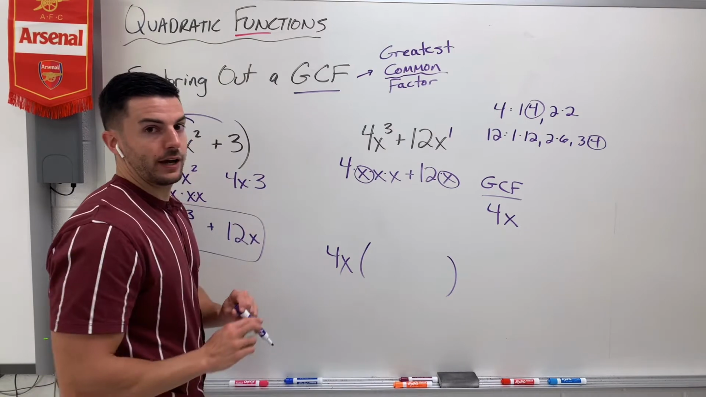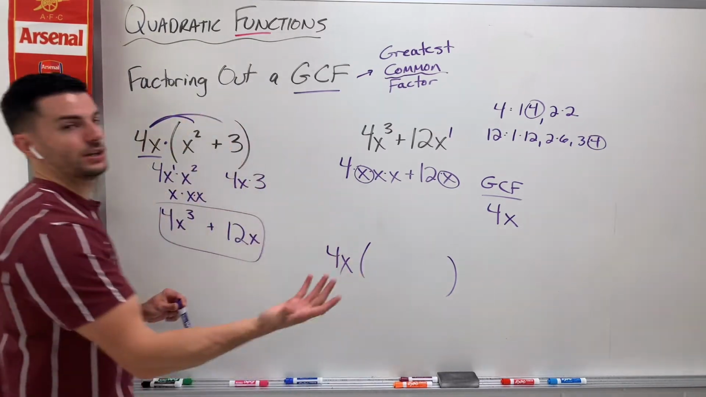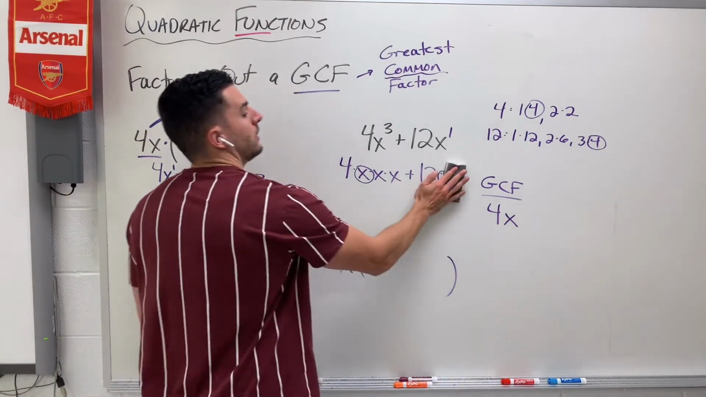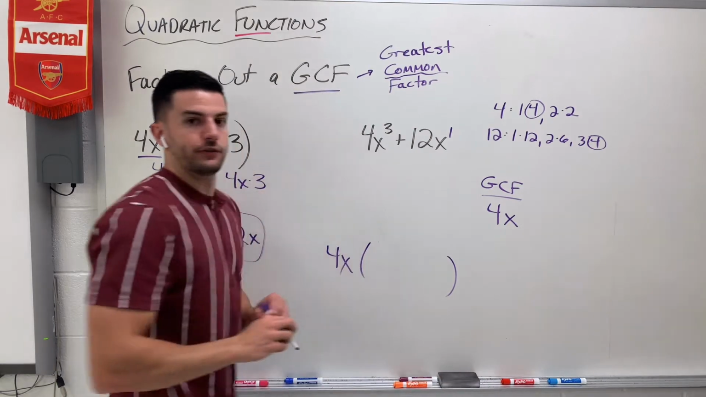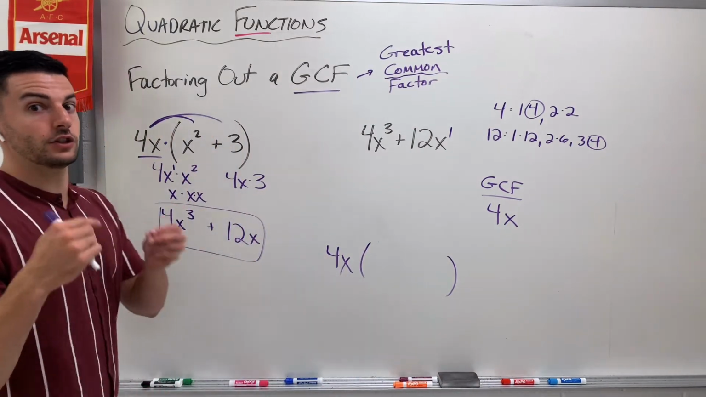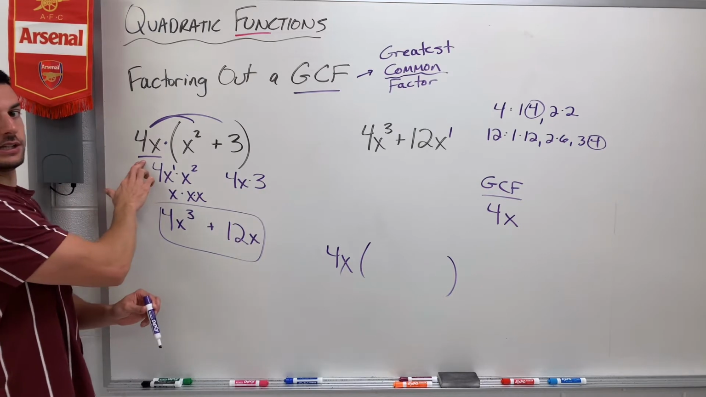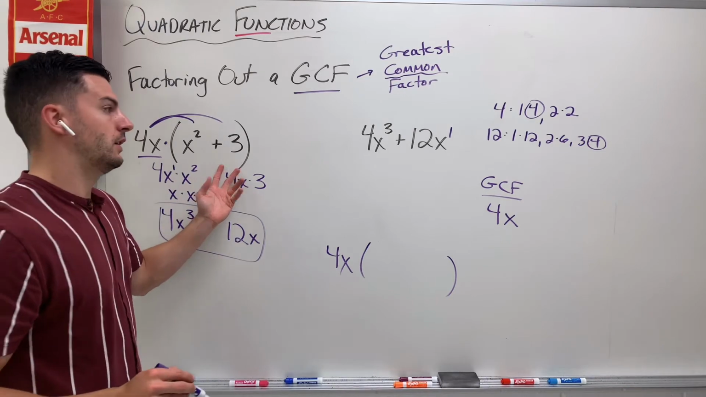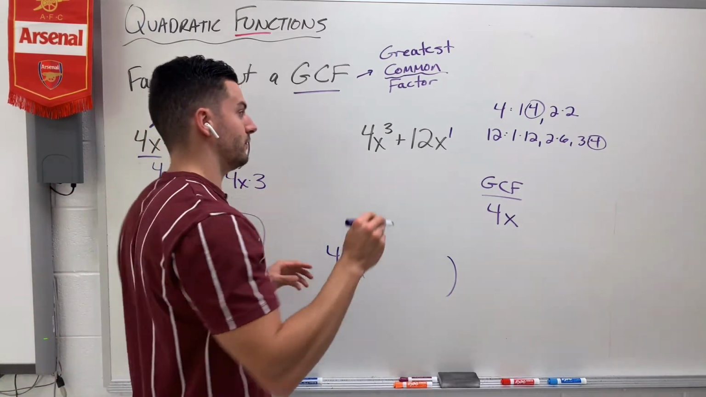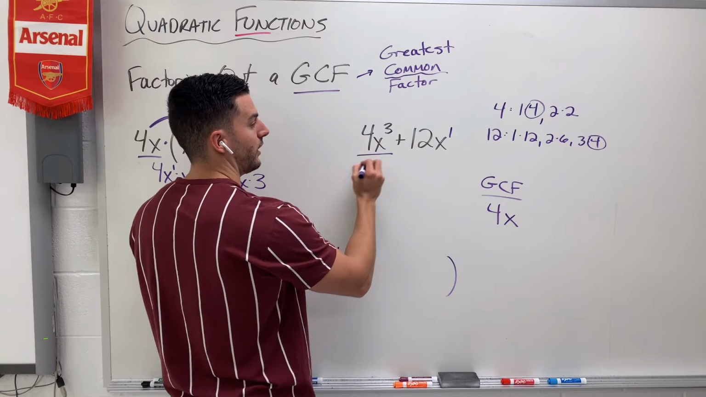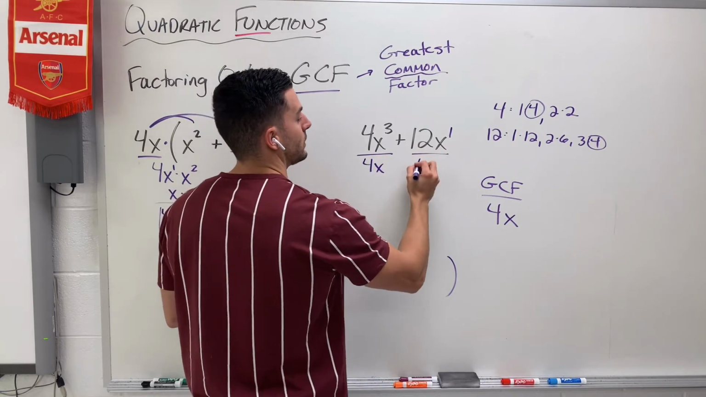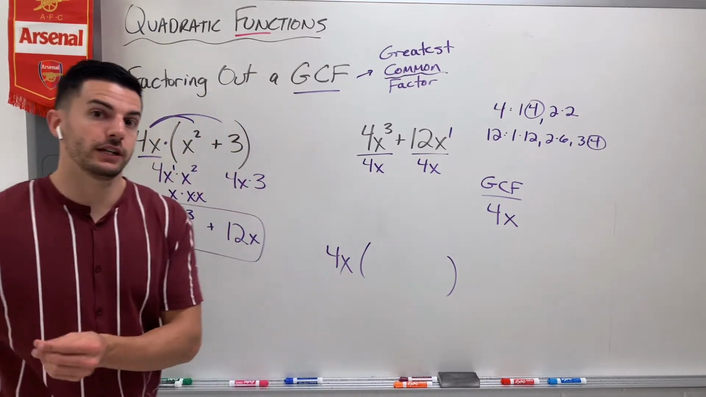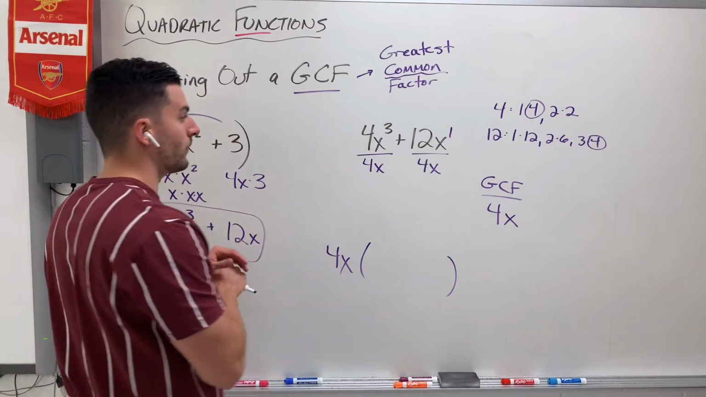So what I have to determine now is, okay, what's going to be left inside of here? We know the answer is going to be x squared plus 3, but how would I get that? Again, it's key to remember this as reverse distribution. Distribution normally is multiplication, multiplying this 4x times both of these. So reverse distribution is dividing, okay? If I want to undistribute or reverse the distribution process, I have to divide, because division is the opposite of multiplication. And that's what I do